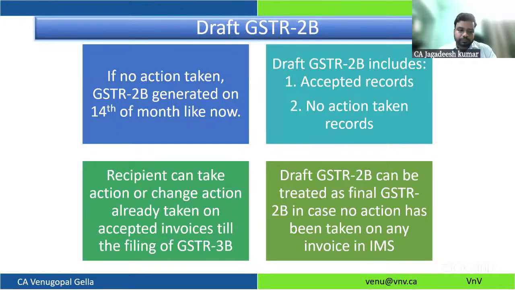And as I said earlier, the recipient can take action or change an action already taken on an accepted invoice till the filing of GST 3B. It means on the 14th you have taken accepted. By now we are on, let's say, the 19th. If I want to reject it, yes, you can reject it. You can take any action till the date of filing of 3B. After filing 3B, you cannot